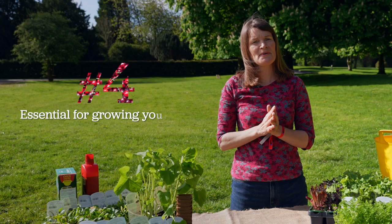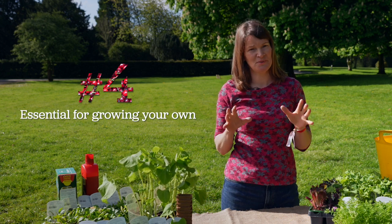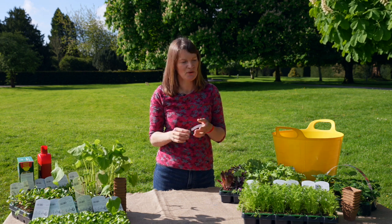Number 4, think about where you want to position your crops. I can't emphasise how important this part is. We all know that clematis like their roots in the shade and rhododendrons like it a bit shady in an acid soil. Think about that for your edibles as well, because things such as peaches and figs and cherries will